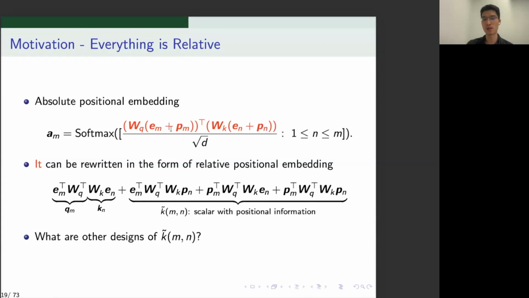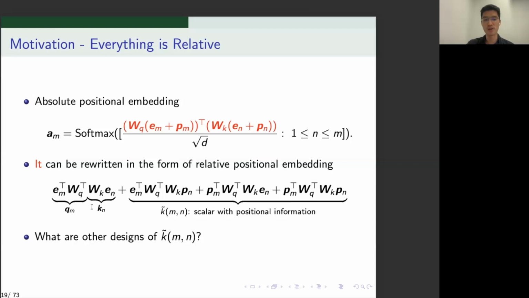So if you add them together, followed by some linear transformation and the inner product, we will have this formulation here. And the red part can actually be expanded and rewritten in the form of relative positional embedding adopted by all the previous work. So we just naively expand all the matrix product here,